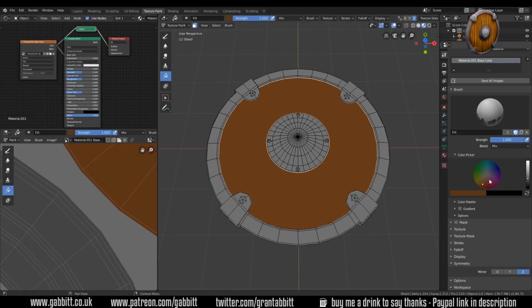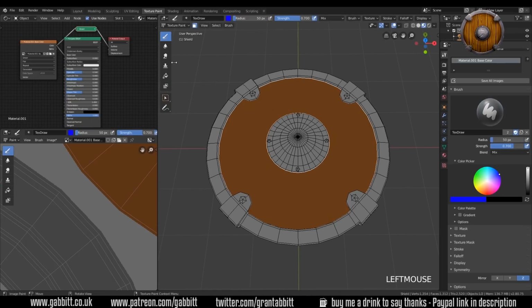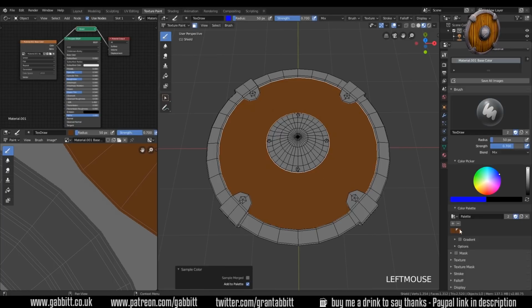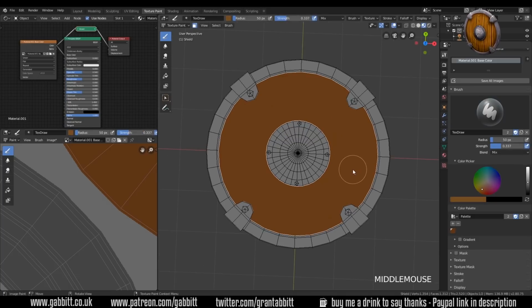Now when painting wood, I always go about it the same way, so across to my draw brush, let's sample that colour. S to get your pipette or picker, and I can then S and left click on that, and it should come into my colour palette just there. Now I'm going to bring the strength down to about 3, about mid-tone, fairly small brush, and just paint some streaks in there like that, very basic to start with, different colour,